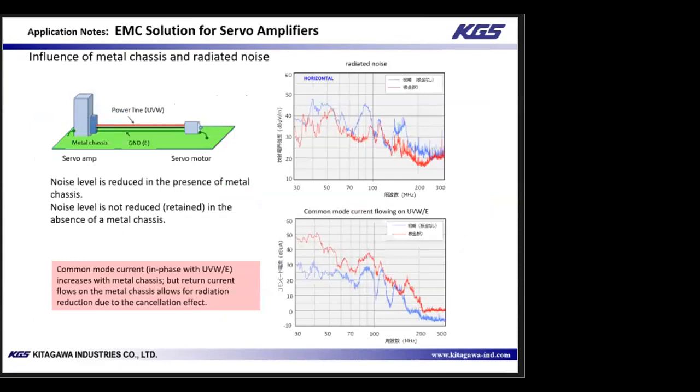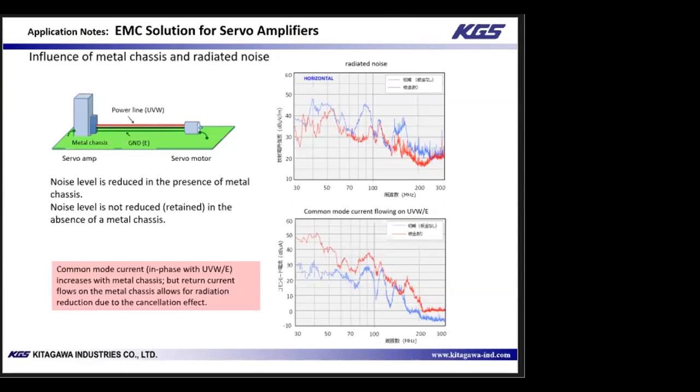So in this next example, a metal sheet is added, as shown in the diagram, where the cable is directly next to the metal. So notice in the top graph, the amount of radiated noise was reduced overall. This is an indication that adding a metal plate generally suppresses radiated noise. However, the bottom graph shows an overall increase in common mode current. The likely cause is because the common mode pathway changed and the impedance of the entire path decreased.